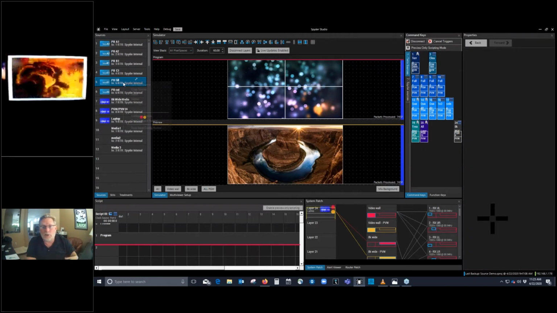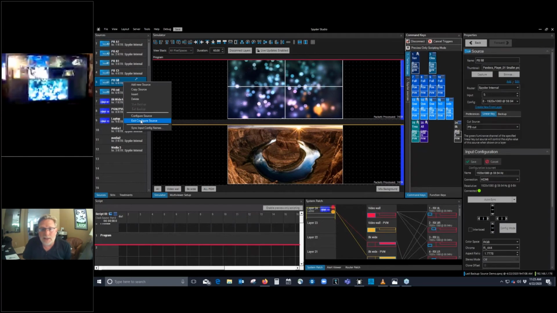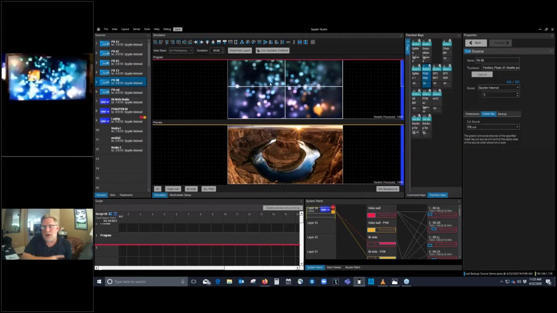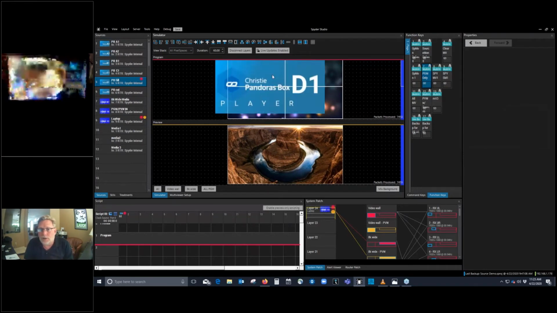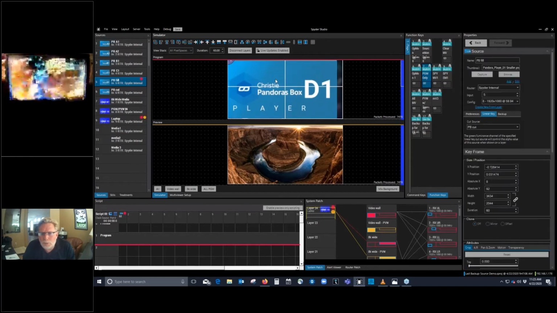Other than to acquire the source, but once it's acquired, you can just bail out of there and go to the source tab. And then as Joel drags that fill source, you won't need to actively drag the cut source onto the pixel space. You just simply drag the fill source onto the pixel space, and it should do all the keying for you there. I'm not sure what your cut and fill source were, but